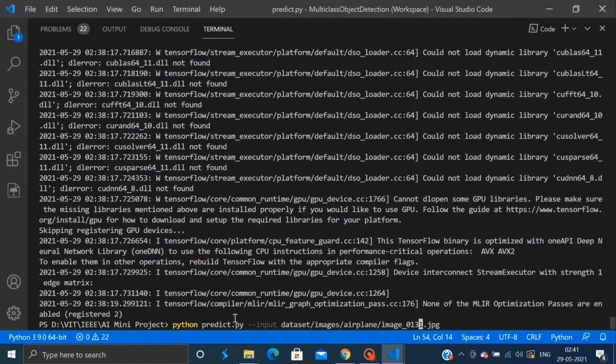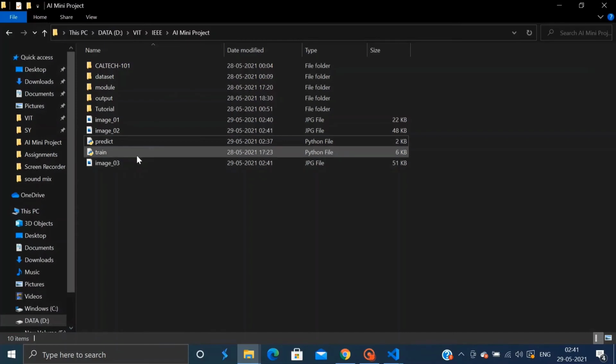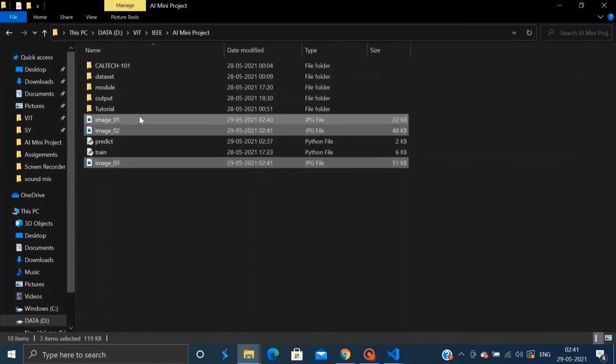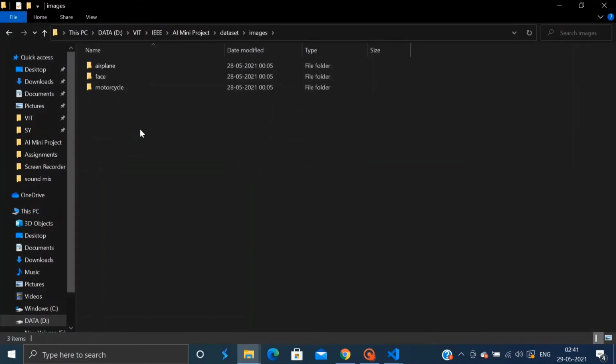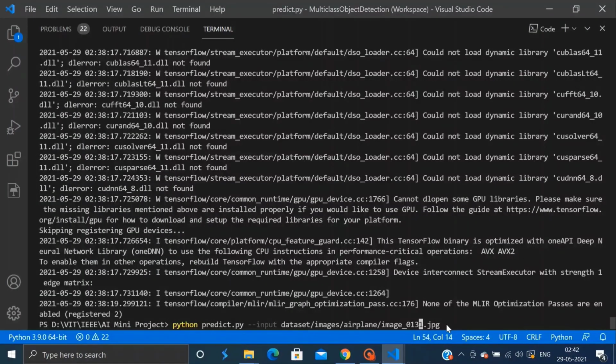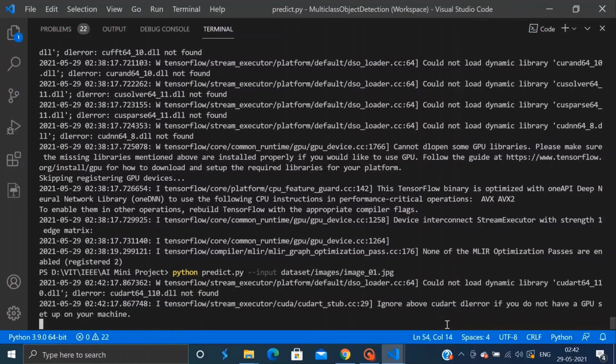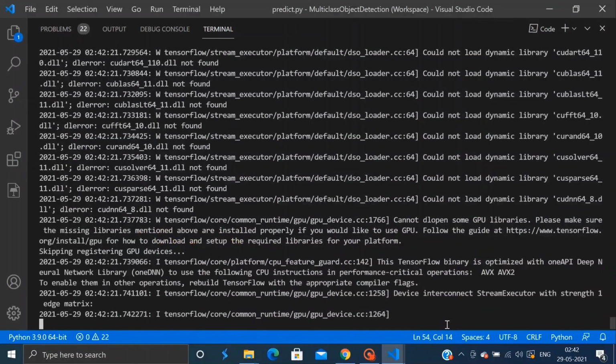So instead of putting it in our project directory, the main directory, let's change its location to the dataset/images folder. Okay, so now let's pass the location of the image.